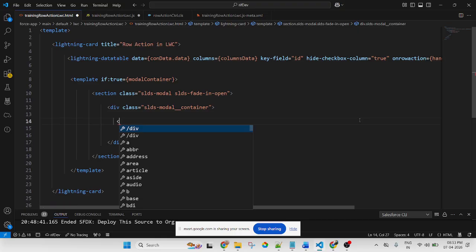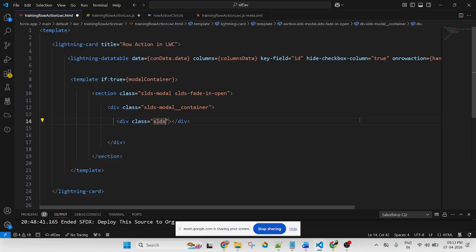Now let me create a header. Now I can use a div class SLDS modal header.